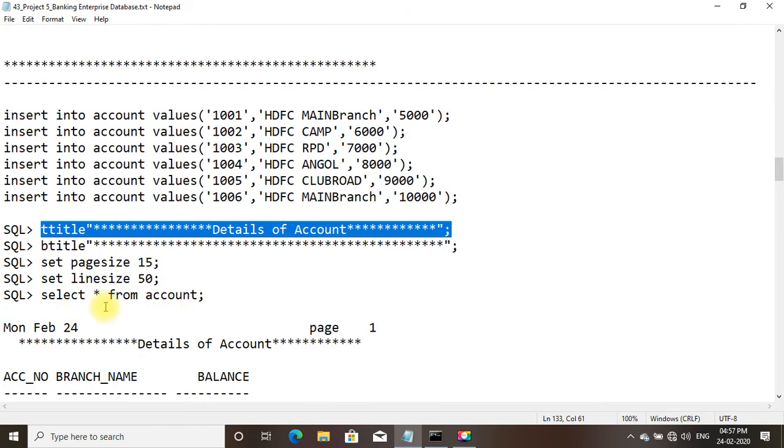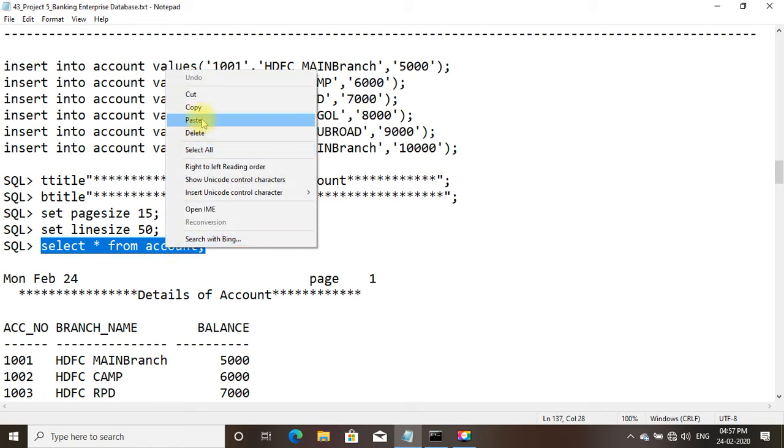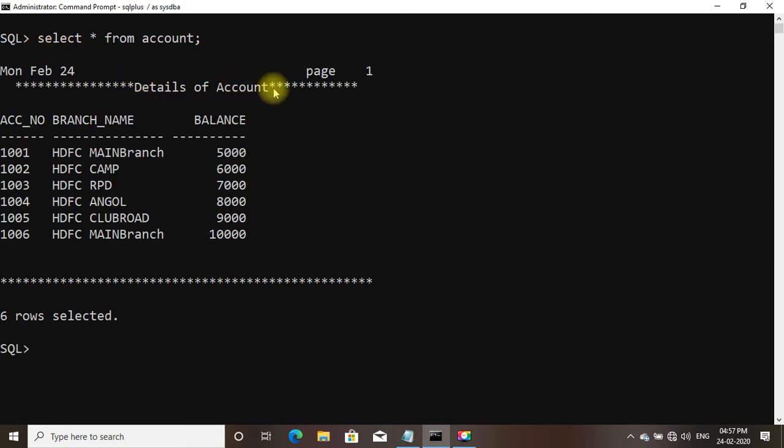So directly we need to do select star from account. You can see details of account, account number, branch_name, balance.